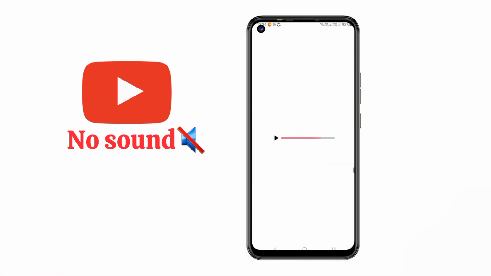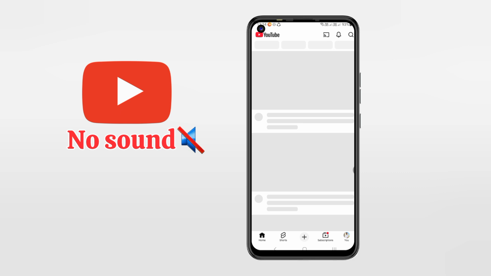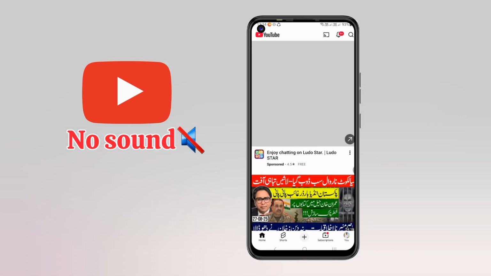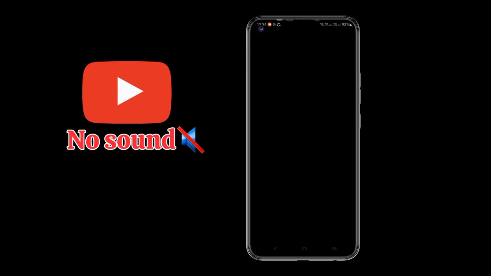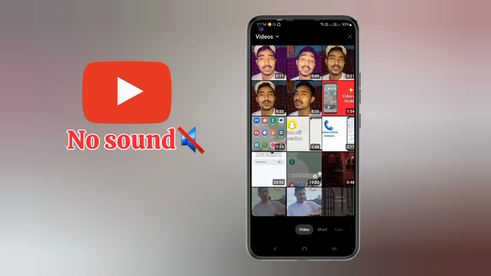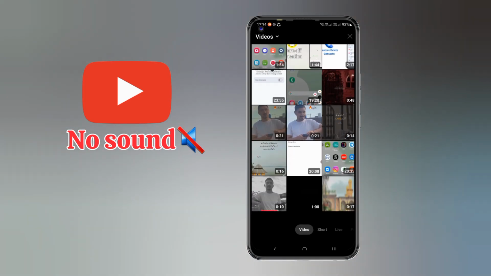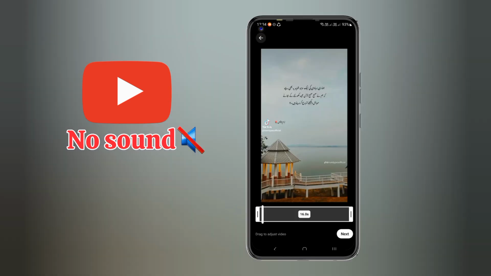Then when we upload our tutorial, a video, a vlog, or something else, the video in preview is also automatically muted, but we don't know why it's happening and what the problem is. So here's the thing: when you upload a video on YouTube, sometimes during the preview stage the audio does